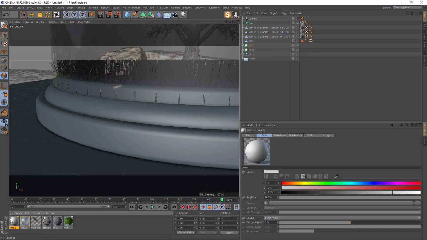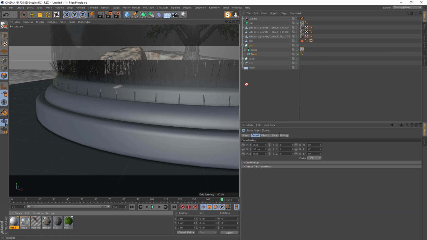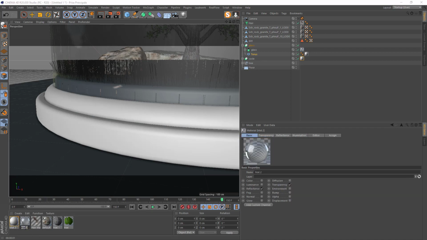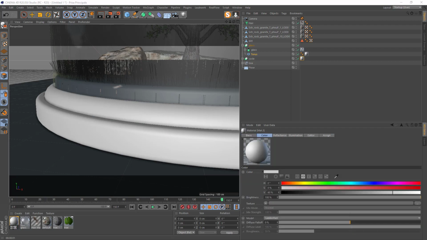So double click. So open this glass, and for the torus drop this material. And for the socle it's okay, we can drop it there. So I will rename it glass. This one wood.